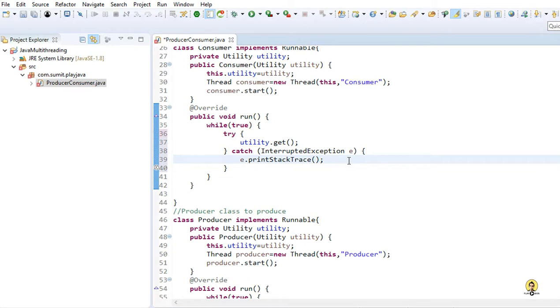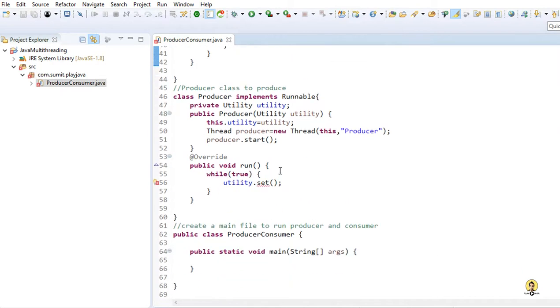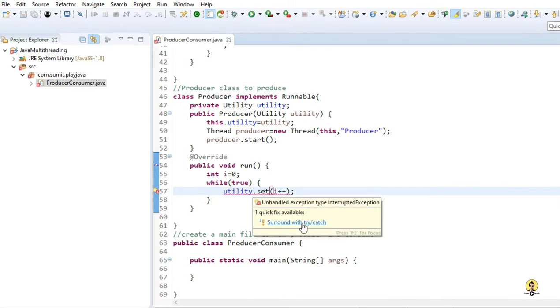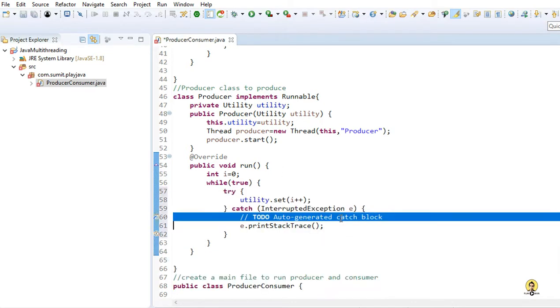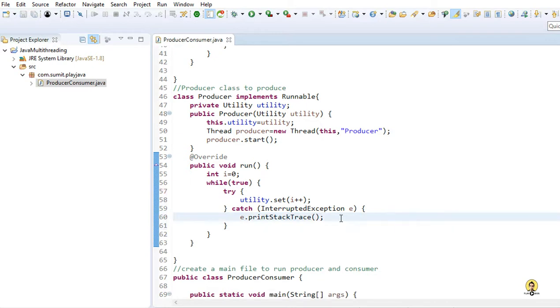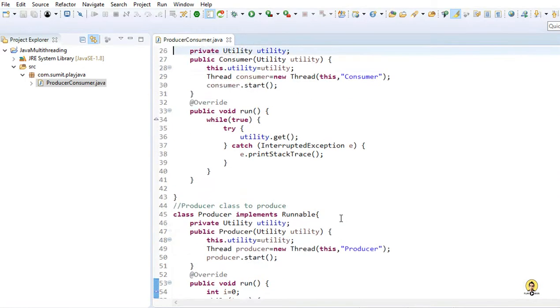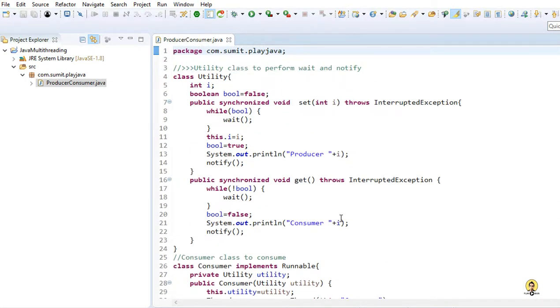And also this is a part of consumer, so we don't need to provide the value of i, that is the incremental value, but in this part we need to provide the incremental value of i. So I am passing it from 0 and it will keep on incrementing. So also we need to provide the try catch block because it is throwing InterruptedException in the utility class. So we are good to go till now. We have created the producer class, and as you can see we have created this utility class where we have passed the value of i.